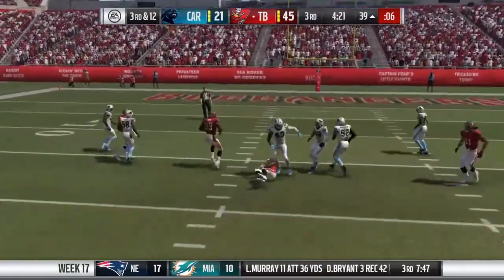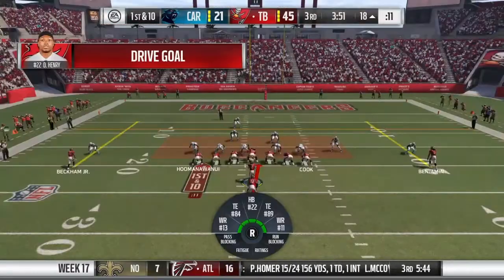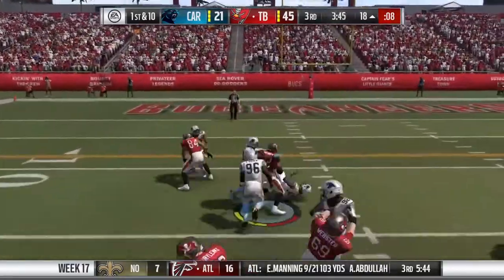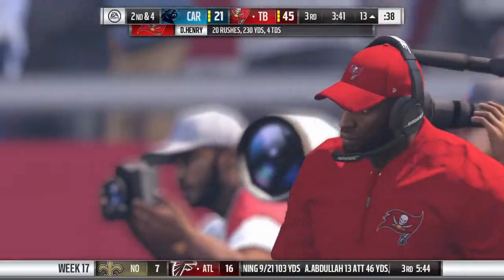He finds Beckham, complete. The 21 yards there as they convert on additional yardage. A 20th carry now for Derrick Henry. And able to break one tackle, but then quickly brought down. He'll get a nice...